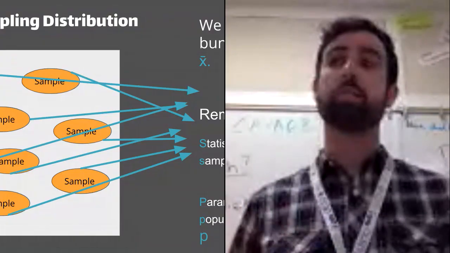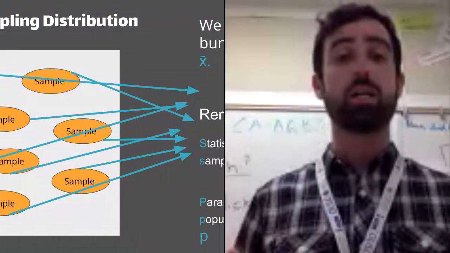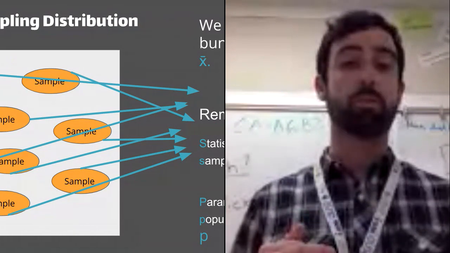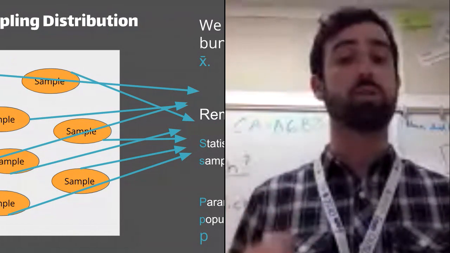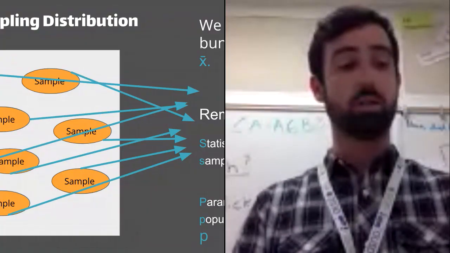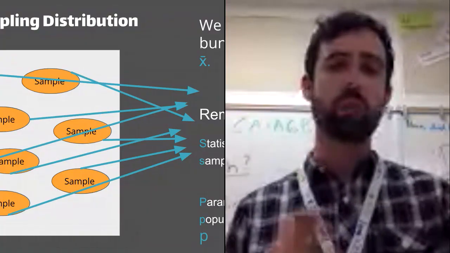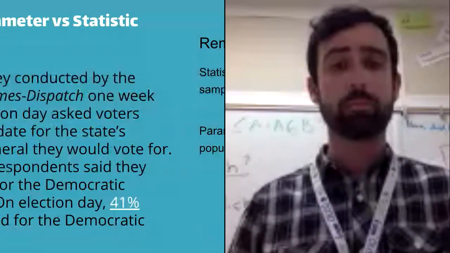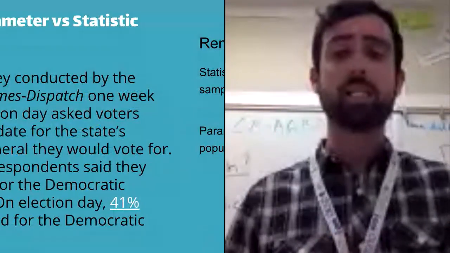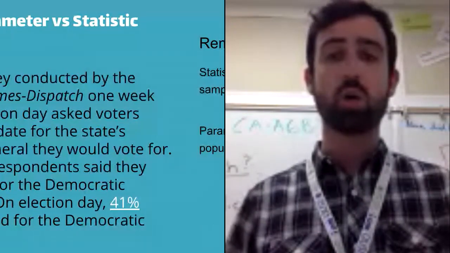So earlier I said populations are really tough to get parameters from. So instead, we do a bunch of different samples. And from those samples, we create a distribution, which is essentially what we call a sampling distribution. But before we do that, let's take a look at some different questions on what's the difference between a parameter and a statistic. So here I have an example, a 1993 survey conducted by the Richmond Times-Dispatch 1 week before